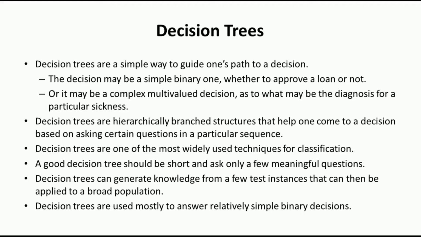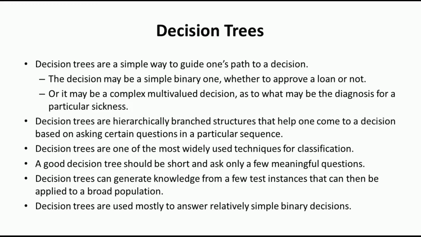Decision trees are a simple way to guide one's path to a decision. These are actually supervised machine learning classification algorithms. The decision may be a very simple binary one, whether to approve a loan or not, or it may be a complex multi-value decision as to what may be the diagnosis for a particular disease. So we can have a simple binary decision, binary classification, or multi-valued classification problems that can be solved with the help